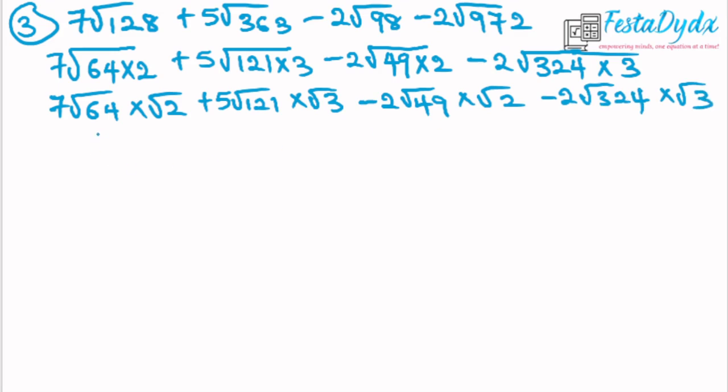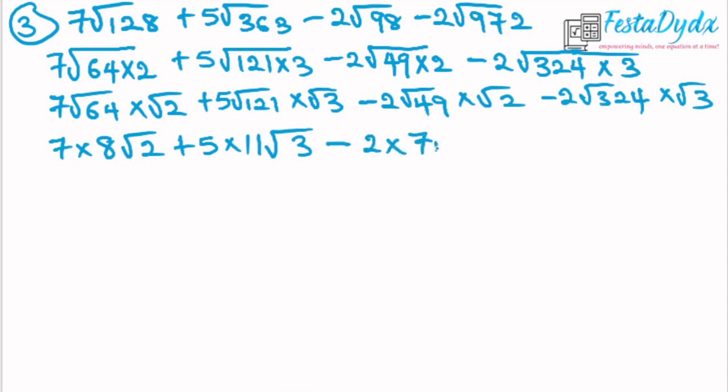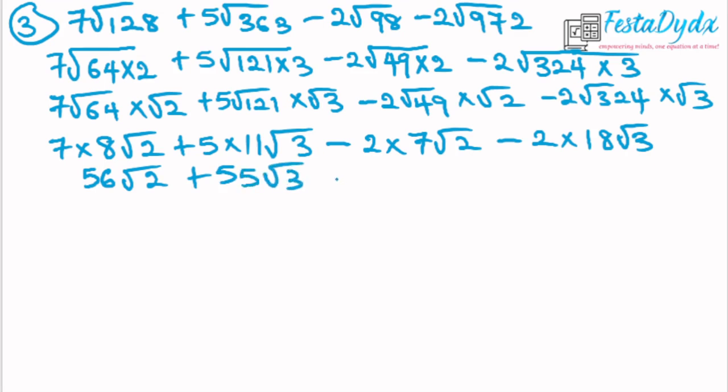Now let's look for the square root of the perfect squares. So this is 7 times the square root of 64, which gives us 8 root 2, plus 5 times the square root of 121 gives us 11 root 3, minus 2 times root 49, we have 7 root 2, minus 2 root 324 gives us 18, then we'll have our root 3. 7 times 8 will have 56 root 2 plus 5 times 11 will have 55 root 3 minus 2 times 7 will have 14 root 2 minus 2 times 18 will have